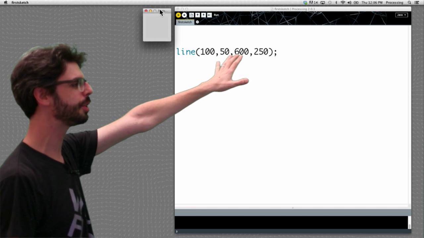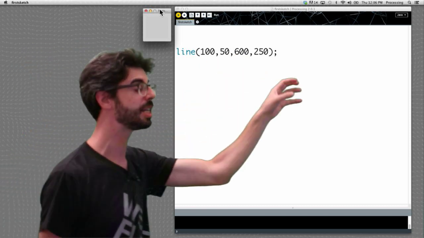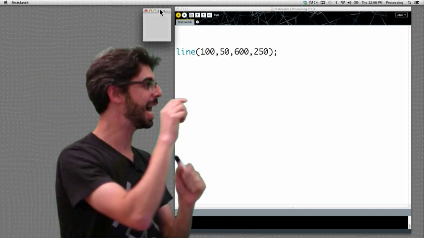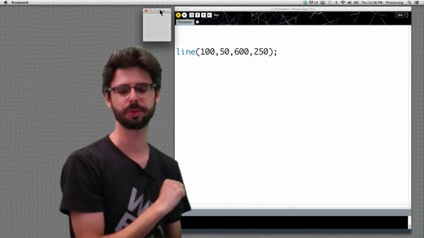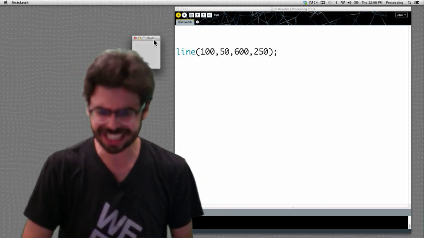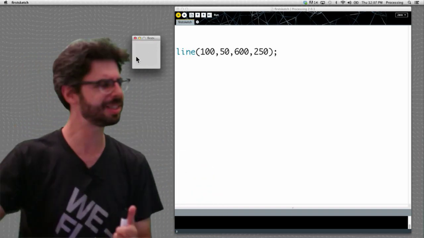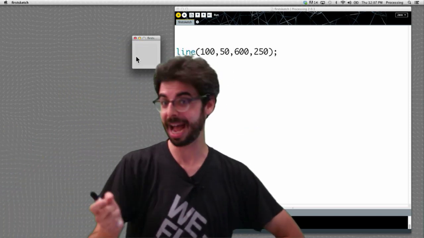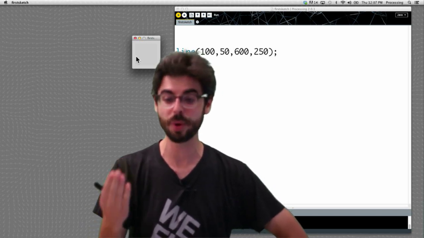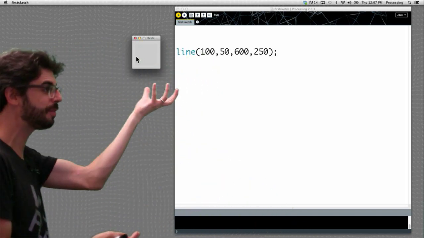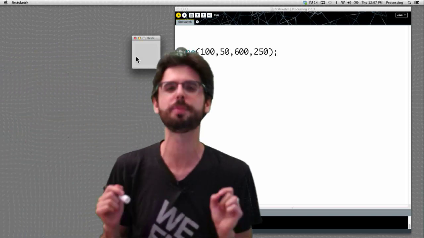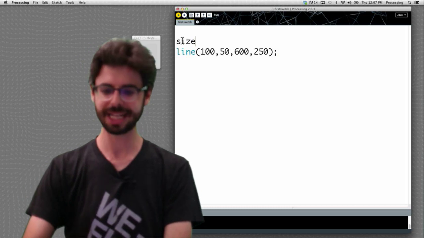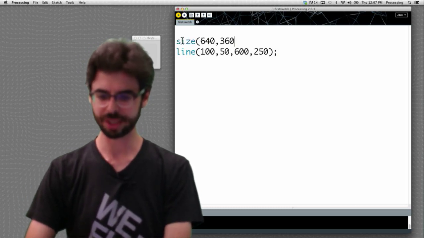But you can see I was able to run this program and there was no error. So this is fine syntax. It's the syntax we learned to draw a line from the first xy to the second xy. Now, the window we got here doesn't actually show the line, and it's also very small. Didn't we say that our window should be 640 by 360? Well, one of the things we haven't learned is how to set the size of the window. We can see that by default, if you don't specify a size, we get a 100 by 100 pixel window. So here we're about to learn another function, size, S-I-Z-E, and I can say 640, 360, semicolon,